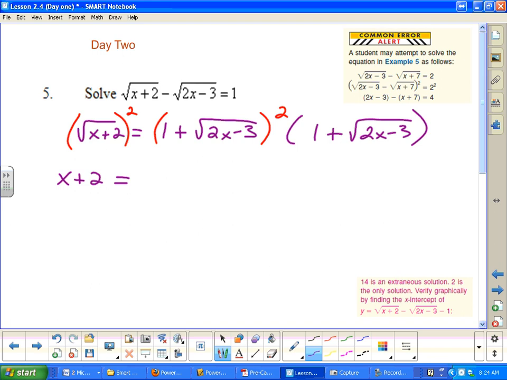Because it would be wrong. For the same reason that this is not equal to this. If that was a true statement, then yeah, you could just get rid of the radical and you'd be all happy-go-lucky. But it doesn't work that way. So this is going to be 1 plus